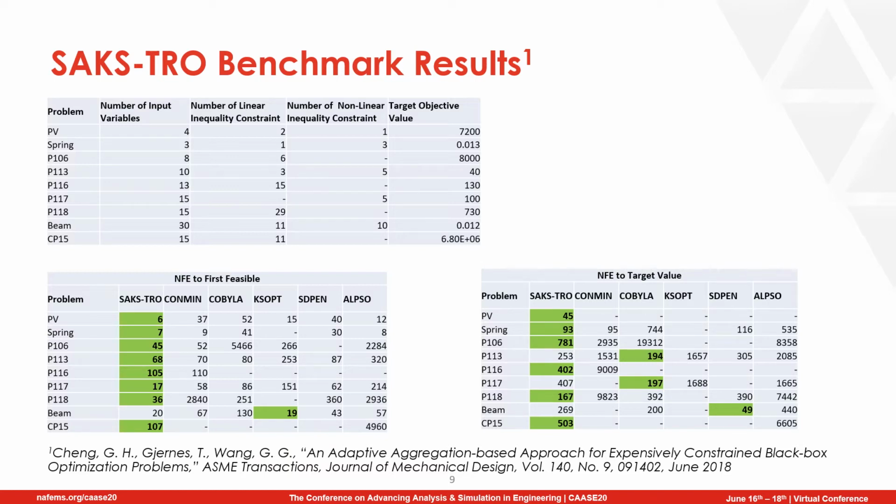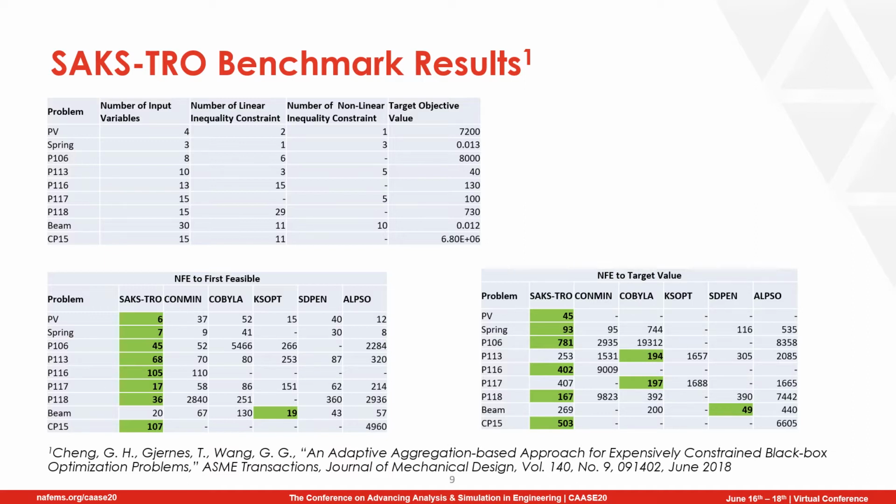The second metric is number of function evaluations to find target objective value. In the upper table, where I present the properties of the benchmark functions, the last column is the target objective value, which is a known objective value. And when we look at the results, SAXTRO